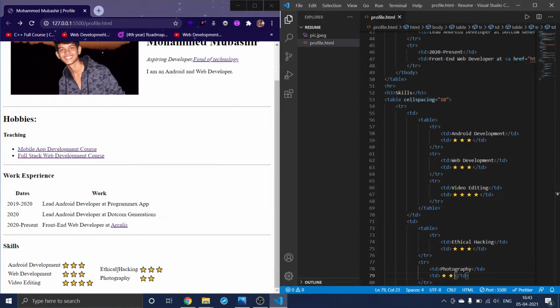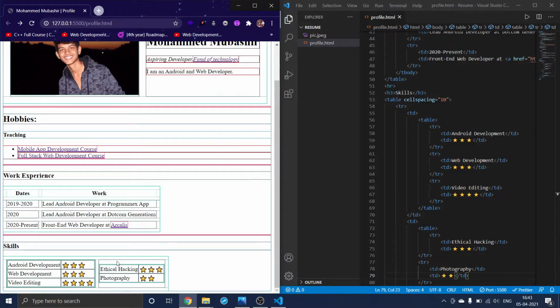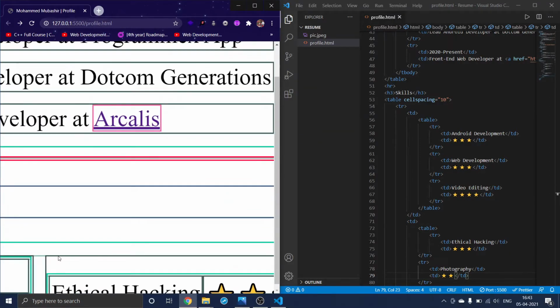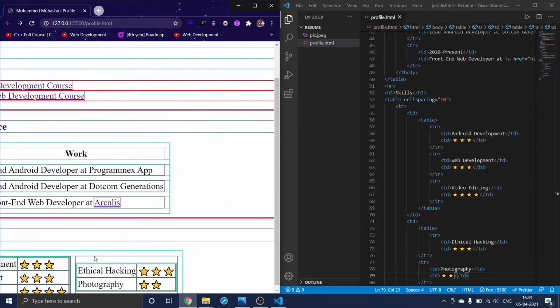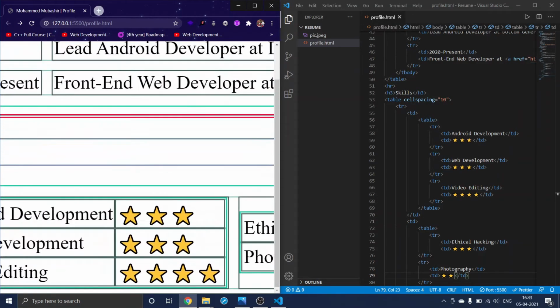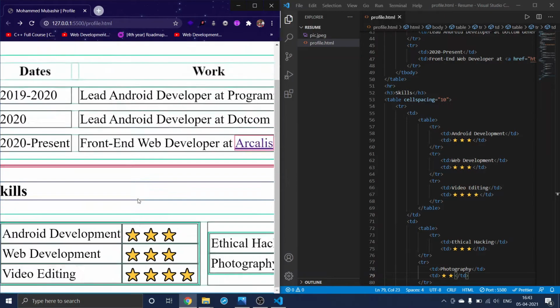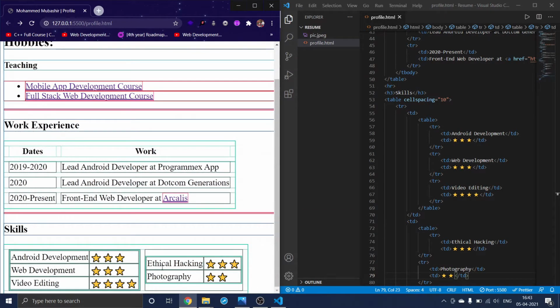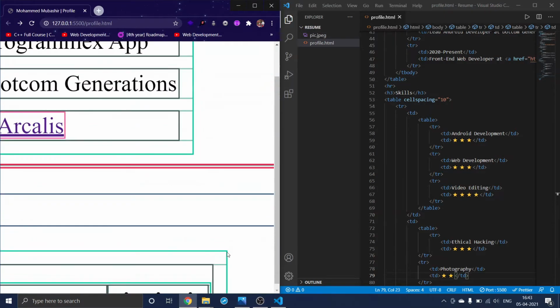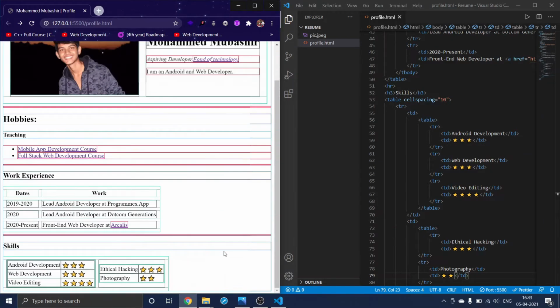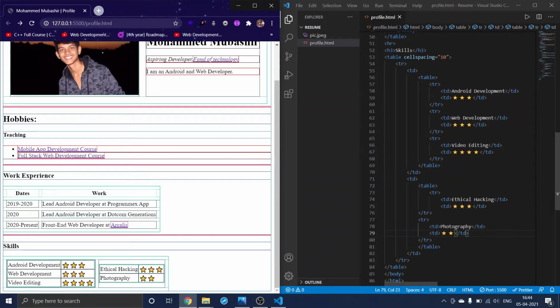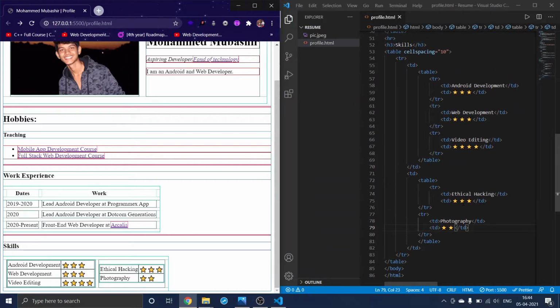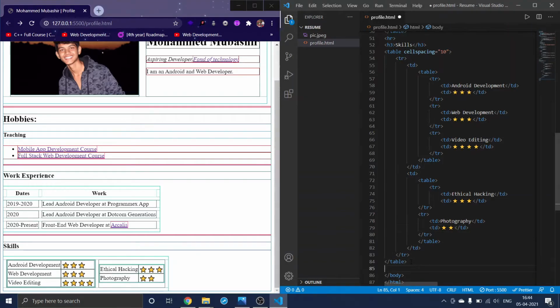And check this out, we got here two tables. When you click on this pesticide, see, this line is a table, and this line here is a table. And these two tables are nested in a main table. This table is the main one, and these two tables are inside this table. So this is nothing but nested tables. You can just stop the video and look at it carefully to understand what is going on here. So we are done with the skills also.